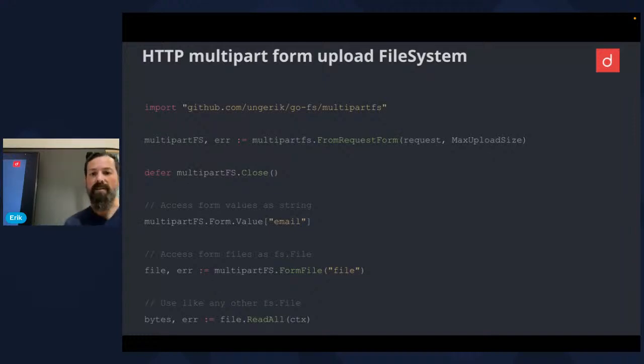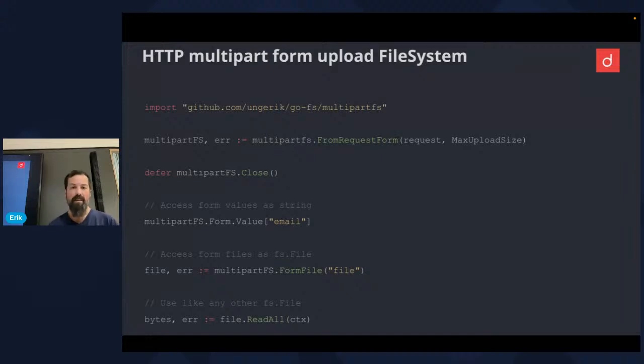And yeah, here's such an example of how you can use something in memory to create a dynamic file system. So something that comes up again and again is you have an upload dialog of some file, for instance, and you're using, of course, a multi-part form request, and want to nicely access those files, and not just access them, but work with them like they would be normal files.